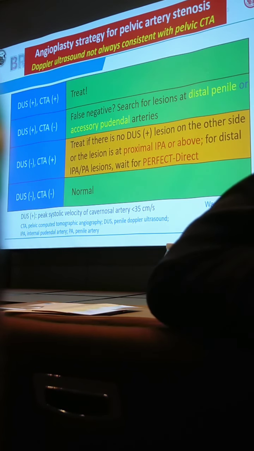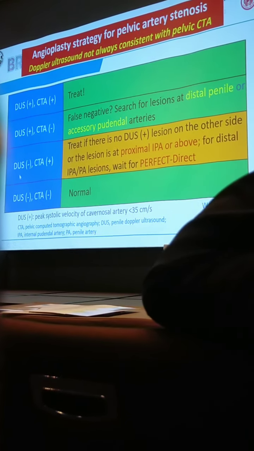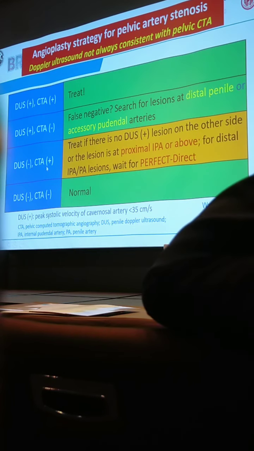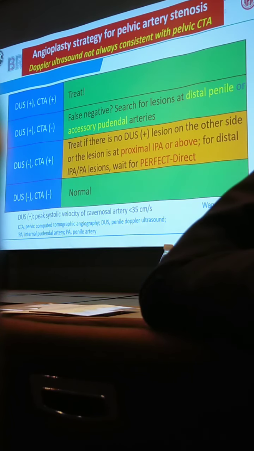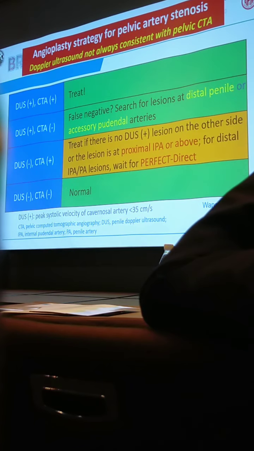It's still controversial. With contradicting findings, the current strategy is, if there's a lesion on the other side, we treat the other side. And if there's no lesion on the other side, and there's only one side lesion, and the Doppler is good, but we still